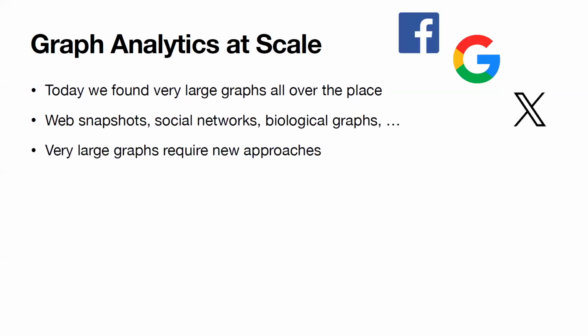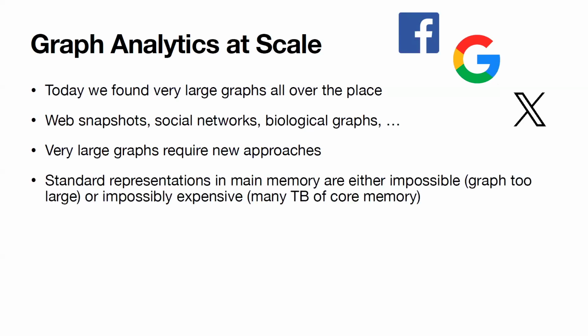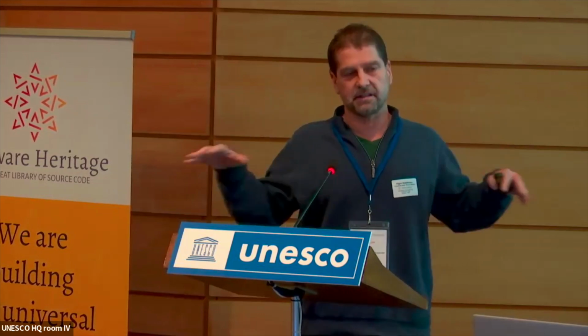And today we have a lot of graphs from the internet in general. So there can be a graph of the web, friendship graphs, follower graphs, and so on. And these very large graphs require new approaches, basically because the standard representations of these graphs are too large to fit in memory. You need several terabytes, and distributed. Either you have money for a machine with a lot of memory, which is not a supercomputer, and a supercomputer is not that easy either, because then you have to manage in a central location in core memory all this data. Most very large supercomputers have separated memory, and graphs are very intertwined data, so they are not easy to separate in blocks to analyze separately.